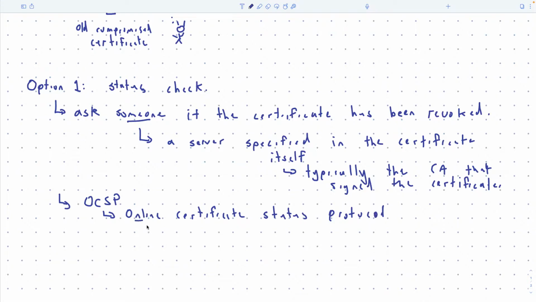Online means you're asking in real time. You just received the certificate, so you're going to ask about it. Certificate status is just whether it's revoked or not. So it's basically just going to send you yes or no. That's all it's going to say. And then protocol means that it's an interaction between a client and a server.